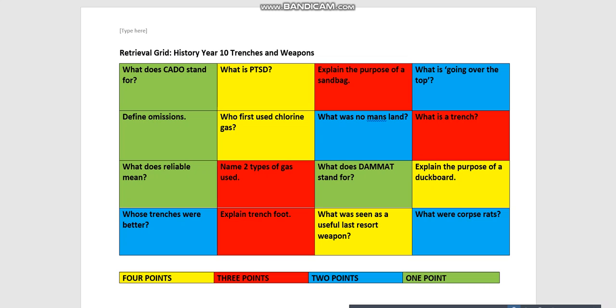I've only ever set them for 10 minutes. Obviously it is dependent on the questions and dependent on the subject, but I think it's a really quick, easy and accessible way